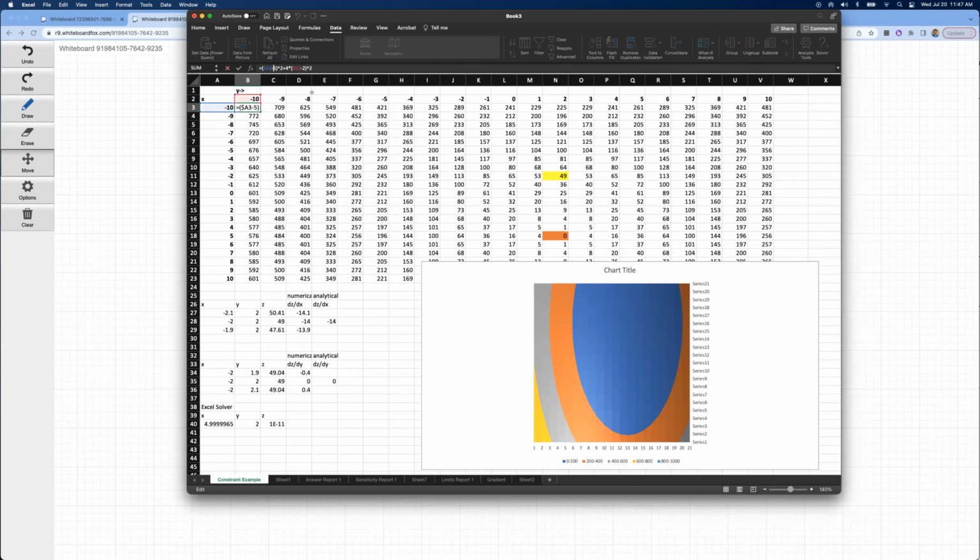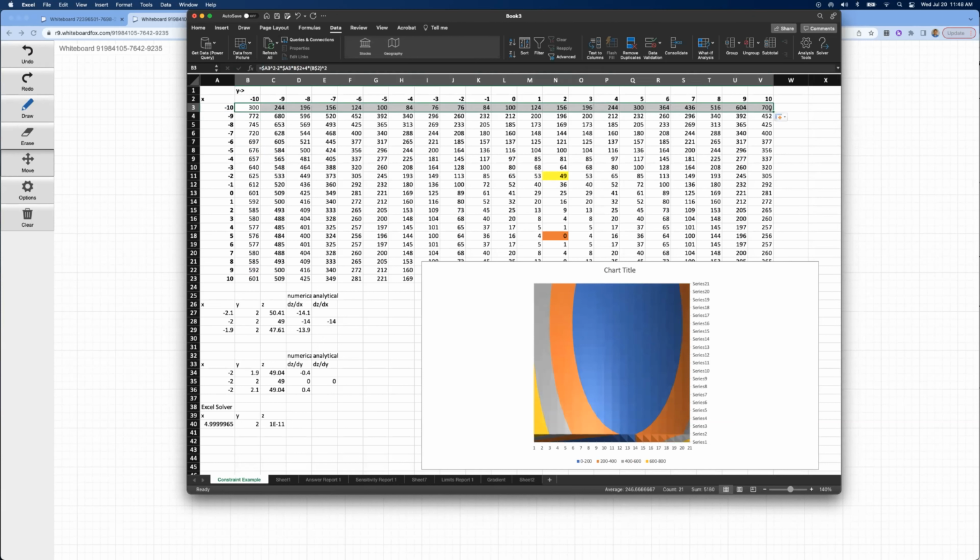So I'm just going to modify this. So it's x squared minus 2xy, so minus 2 times, here's my x, times y, and then plus 4y squared. Now this a, I want to freeze the a, and I want to freeze the 2 for the b there. Okay, so I think I've got my function in here correctly.